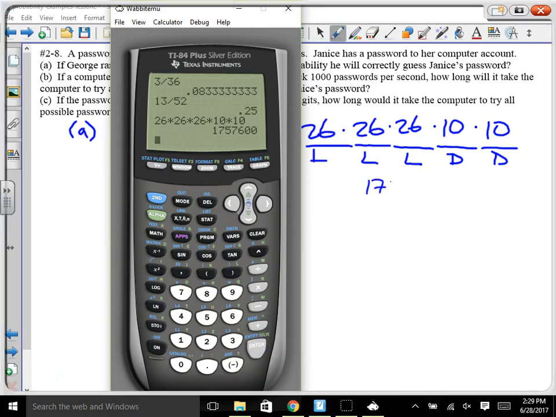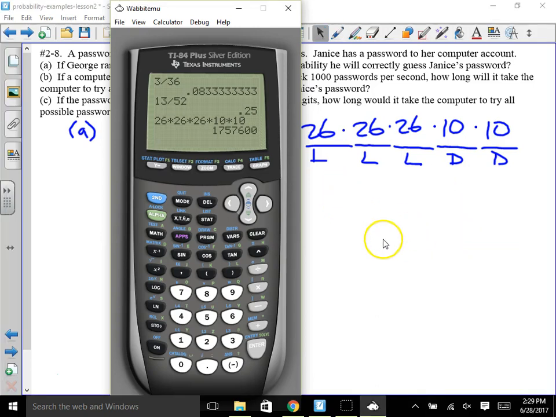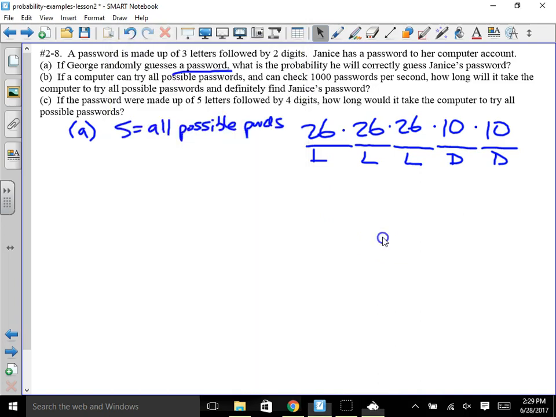Okay, so that's going to be 1757600. So it looks like there are 1,757,600 passwords possible here. Okay, so there are about 1 3/4 million different possible passwords, and that would be the